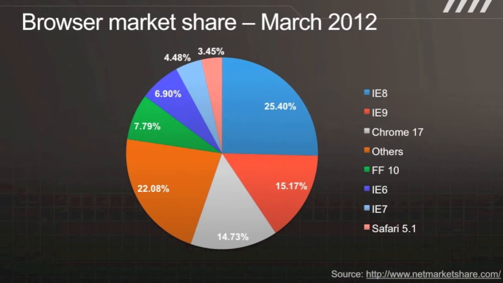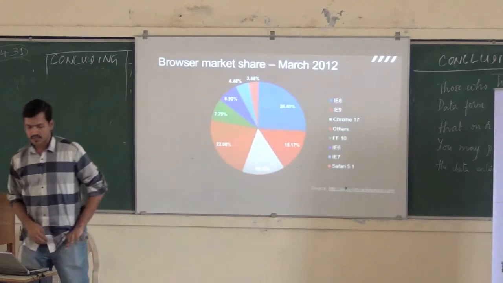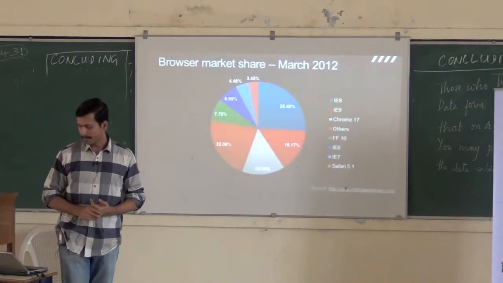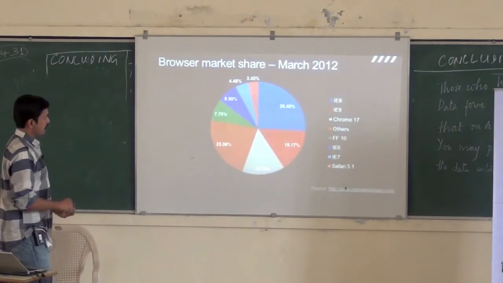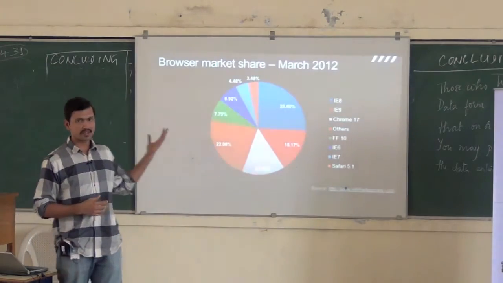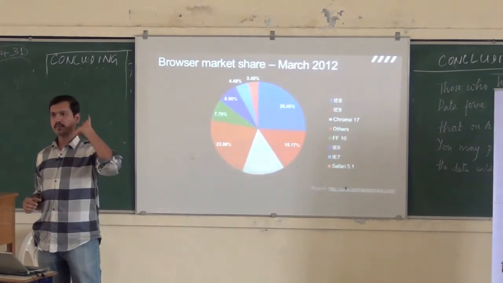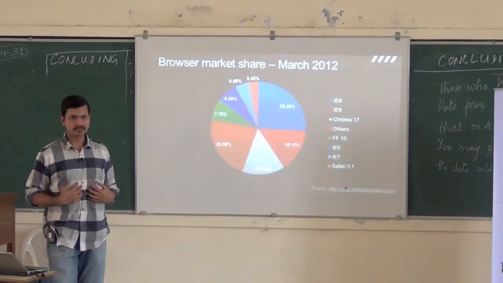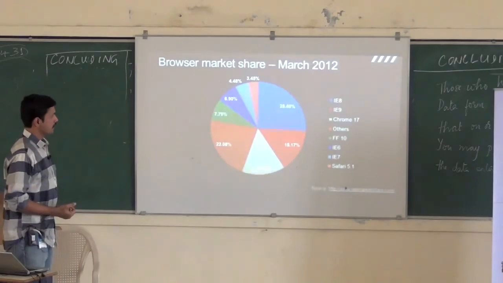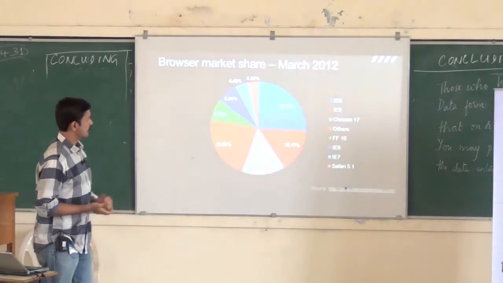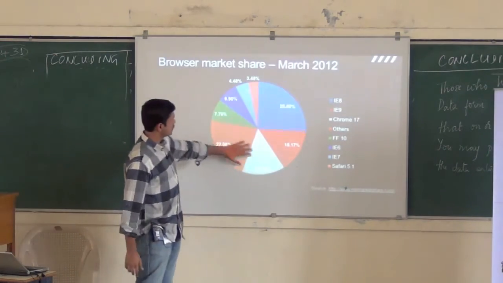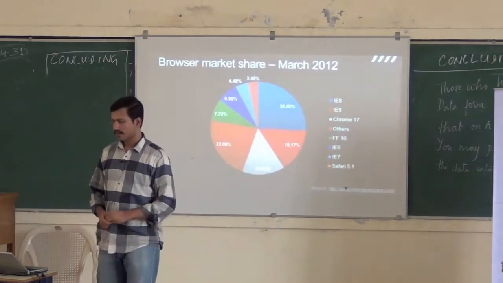This is a little pie chart that shows the browser market share as of March 2012 from netmarketshare.com. Regardless of who has what percentage, as web devs, there's actually one takeaway, right? Can we look at this picture and say that, okay, if I support browser blah, I'm done? Do you think you can say that with this picture? You can't, right? So IE8 has about 25%, IE9 has about 15%, and Chrome and Firefox. So it looks like at least these guys you probably want to handle.